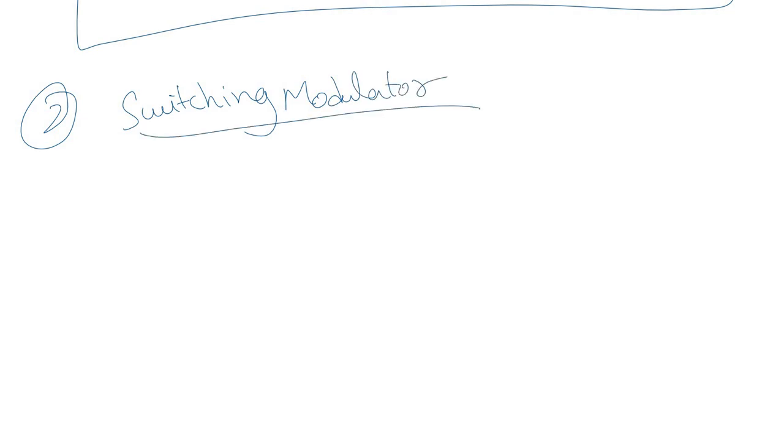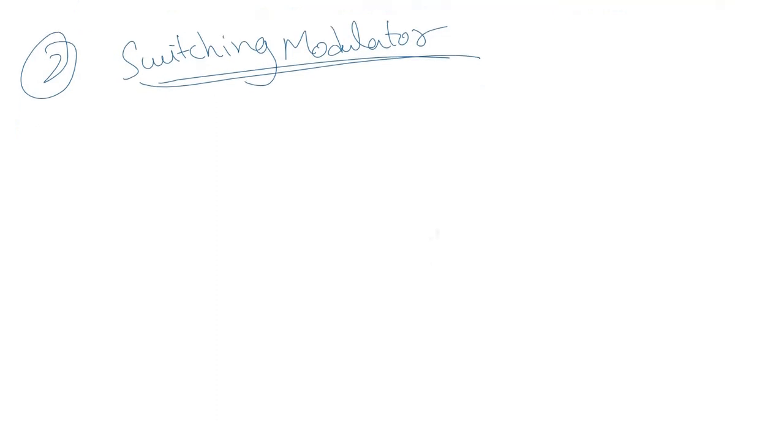If you look at the block diagram of the switching modulator, it is quite similar to the square law modulator, but the difference here is that it is much simpler in design. The hardware implementation is quite simple as compared to the square law modulator, and gives approximately the same kind of result, and it is much cheaper to implement as well. The mathematics behind it will be a little complex, but overall the resultant is much simpler. You can compare both the block diagrams.